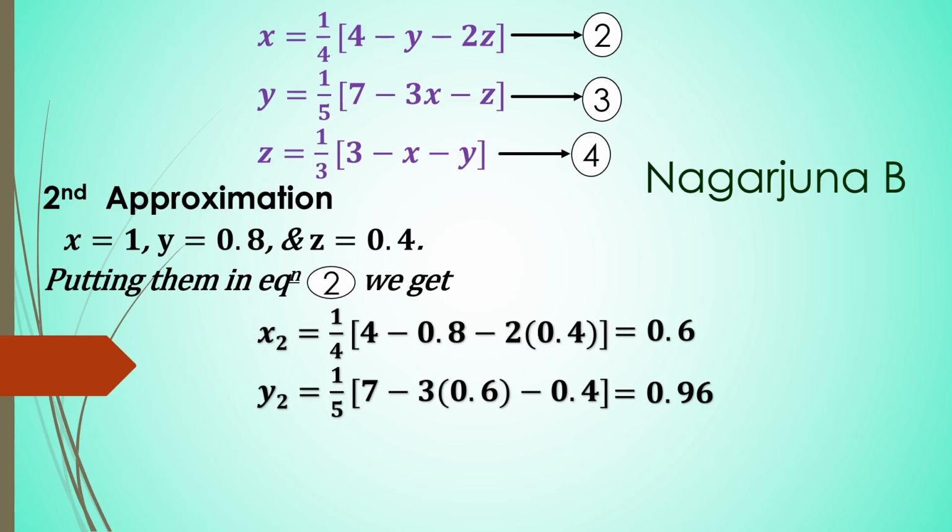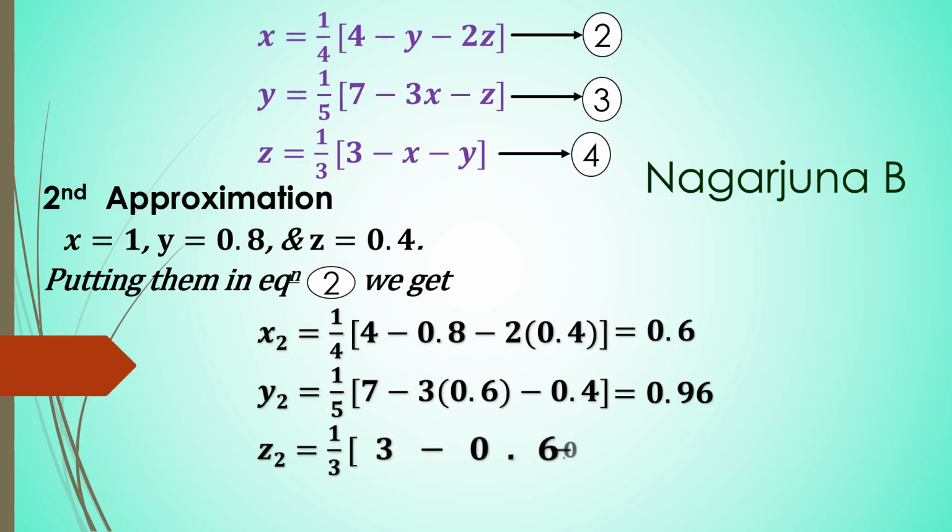So in the calculator you can type it as, open the bracket, 1 divided by 5, close the bracket, into, open the bracket, 7 minus 3, open the bracket, 0.6, close the bracket, minus 0.4, close the bracket, and upon simplification this value is